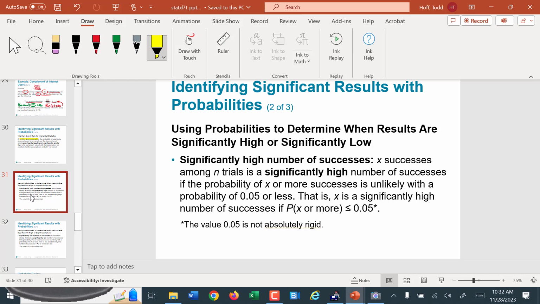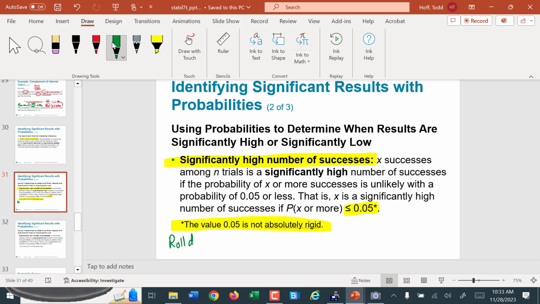So identifying significant results, typically we use a probability of less than 0.05. It's kind of the standard. But sometimes if we have more critical things, we'll go to a smaller probability, or less critical things, we might go to a larger probability. So that 0.05 is not set in stone. It can be adjusted based on the situation. So these rare results, or these highly unlikely results, can occur in one of two ways. If we have more successes than what we would expect under the assumption, then we would assume the assumption was wrong. If we're assuming the die is fair and we roll it 1,000 times,